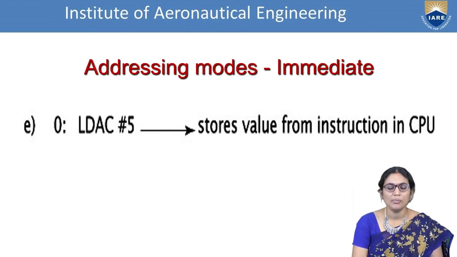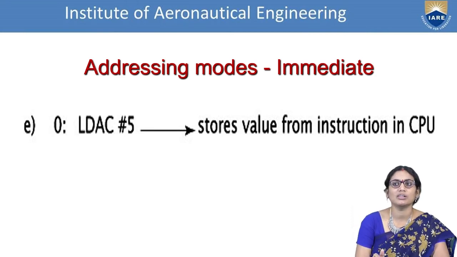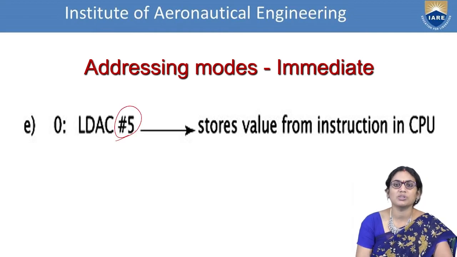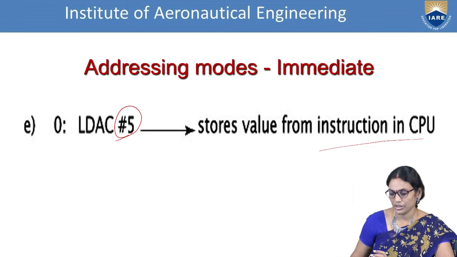Next one is immediate addressing mode. What is the meaning of this? Immediate means it is performed with a direct transfer of information. So here I am having a direct location, directly fetching the value with direct operations. In order to represent this, we will be using a special symbol, #5, which consists of the direct location of the information or the direct value from the location.